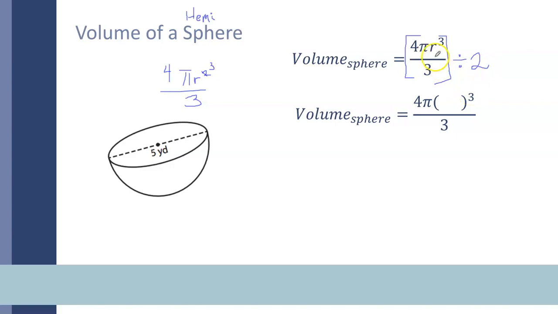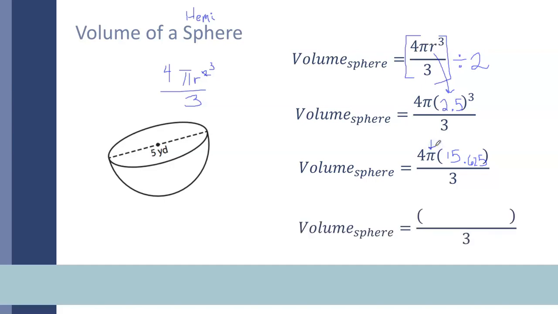Let's go ahead and come up with the radius. The radius is half of the diameter, and half of 5 is 2.5. So I'm going to type into my calculator 2.5 cubed. I use that caret symbol to cube it, and I get 15.625. Remember, in these examples, they're having us use 3.14 for pi. So now I'm going to type into my calculator 4 times 3.14 times 15.625, and the product I get is